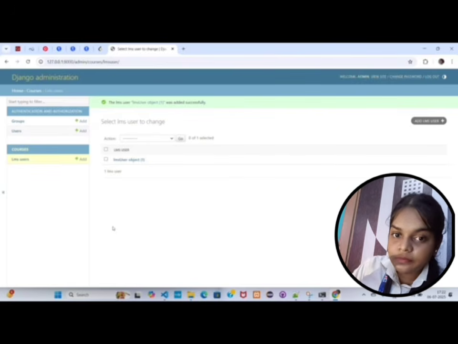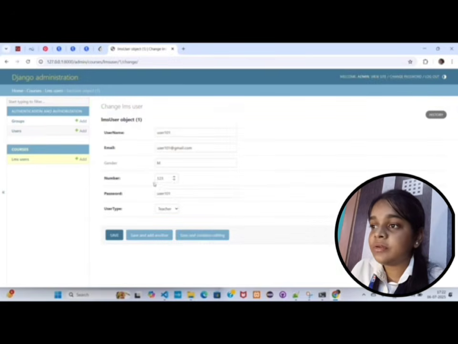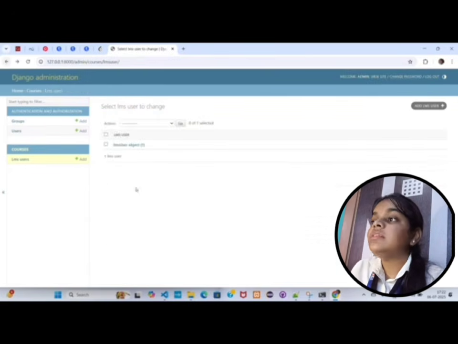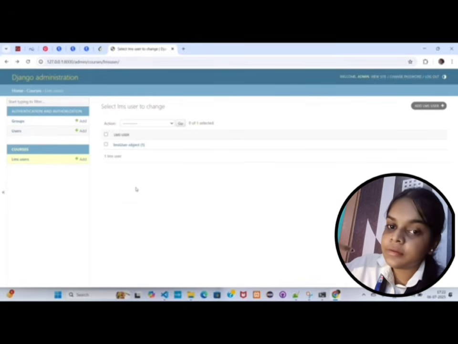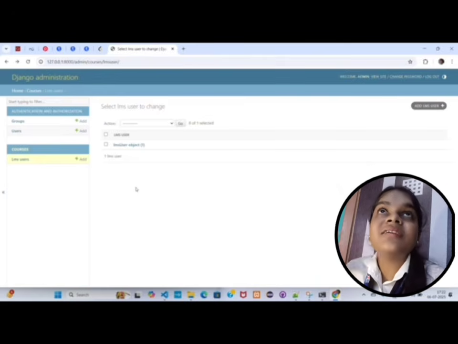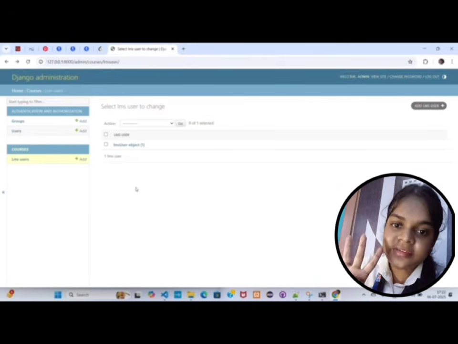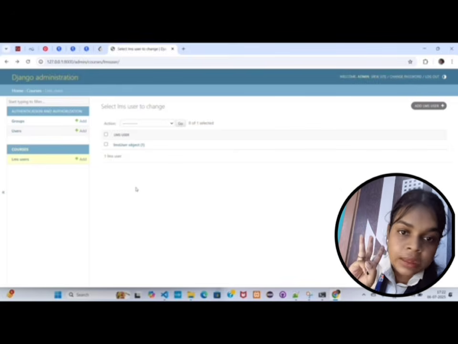Record means object, object in terms of programming. We are working with Django, so a new object has been created. You can check the object. We have created a new object. This object creation is done from the server side. Now we will see how we can create objects, how we can insert records from the client side. That is, we will be testing our 4 APIs: get, post, put, and delete.